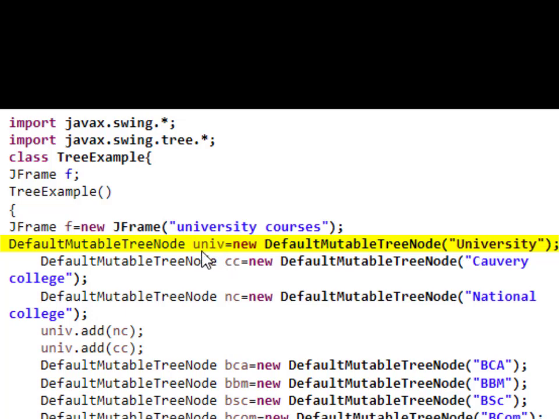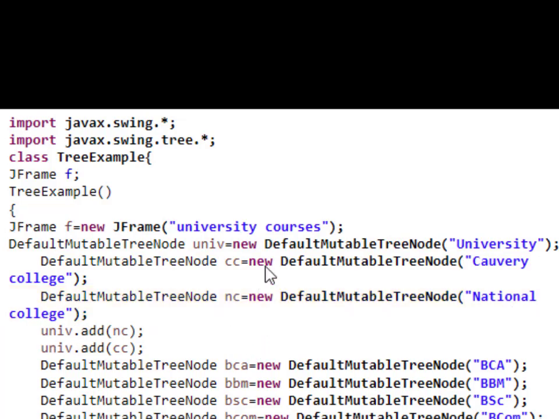I am creating a node called univ, and I am passing the value university, which means the first node is university. I am creating the second node as CC, passing the value Kaveri College, and the third node is NC, passing the value National College.